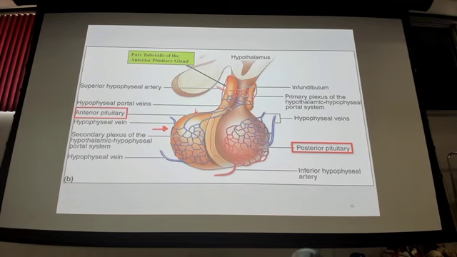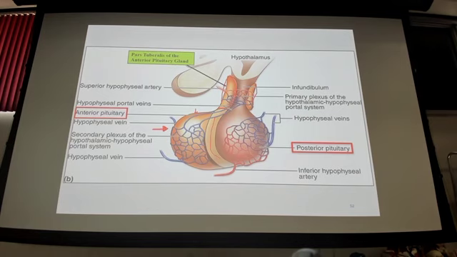So to answer some other questions that I danced around, yes, there is storage in the axons, the terminal axons of the posterior pituitary neurosecretory cells. There are also storage cells in there, all right? We don't need to go that far. If you understand at this point that the posterior pituitary receives hormones to store from the hypothalamus, that is good enough. Does that make sense to everybody? All right?